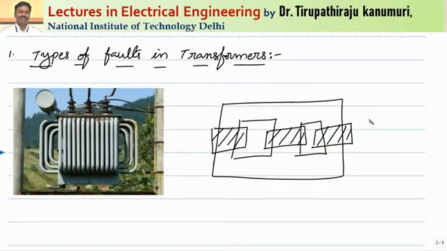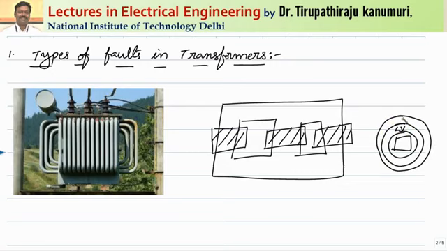Again, seeing this from the top view, if you take any core, generally the winding will be placed like this. Immediately after the core, first the LV winding, the low voltage winding, is placed, and above the low voltage winding, the high voltage winding is placed. Generally the high voltage winding is placed on the outside, because we have already discussed in the transformers playlist why the high voltage winding is placed there. Here I am discussing briefly.